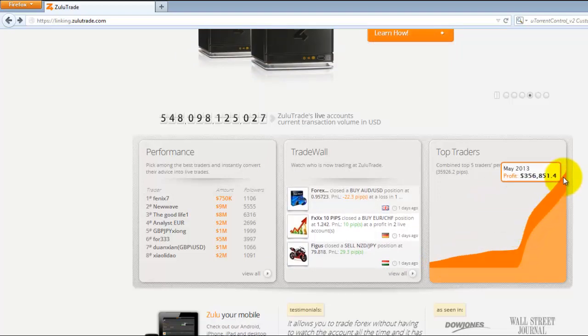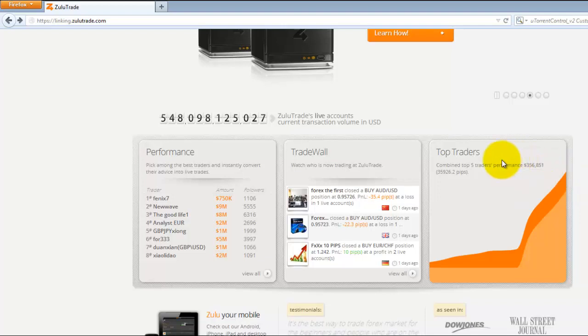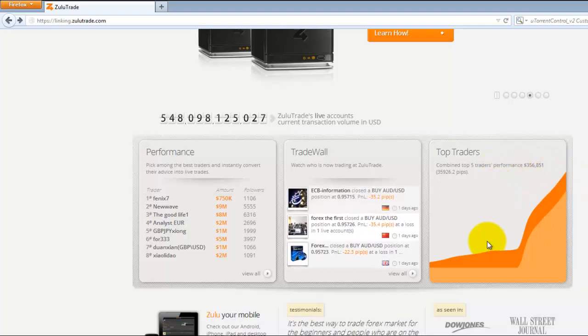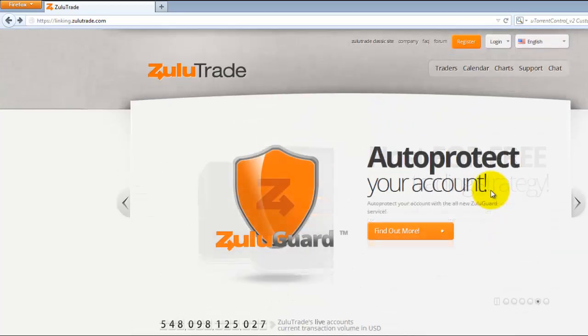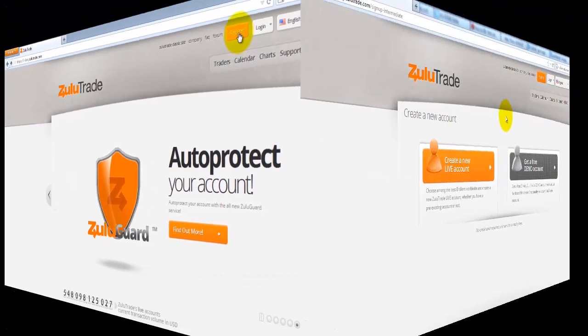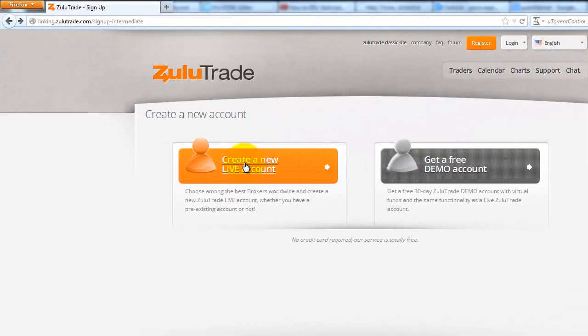Now, if you had $10 per pip following the top 5 traders in the last 12 months, you would have finished with over $356,000. Now, that's incredible. Again, we'll go through that strategy later, but for now, what we're going to do is open up a demo, and we're going to do one of the easiest strategies on here that does produce a lot of profits. So what we'll do is we'll go to register, and here you can see it takes us